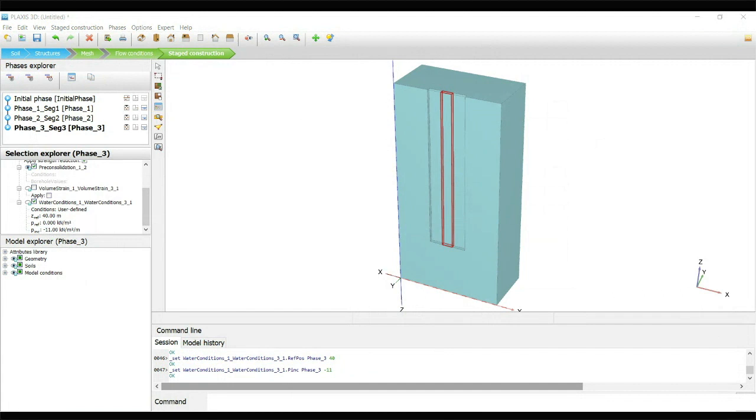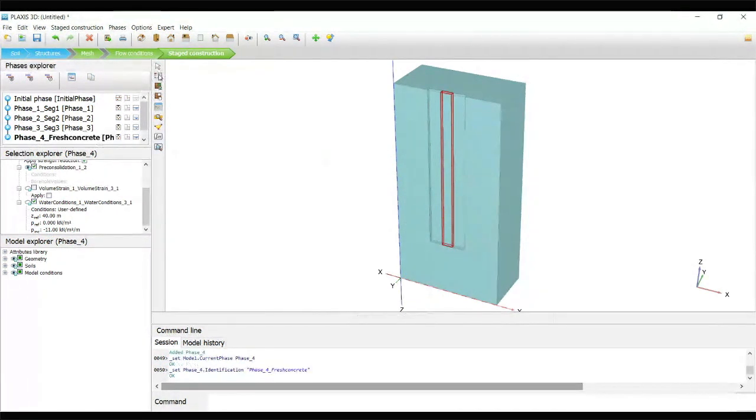Next phase, we are going to select all the 3 areas. We need to consider next phase 4. It's fluid concrete, so it is fresh concrete. Same again, plastic calculation.